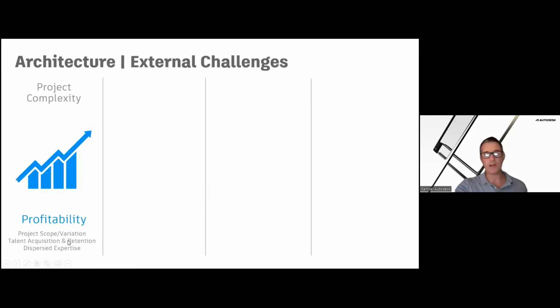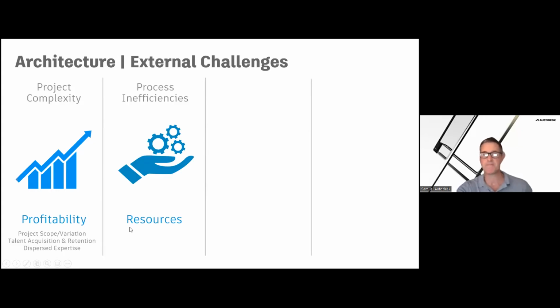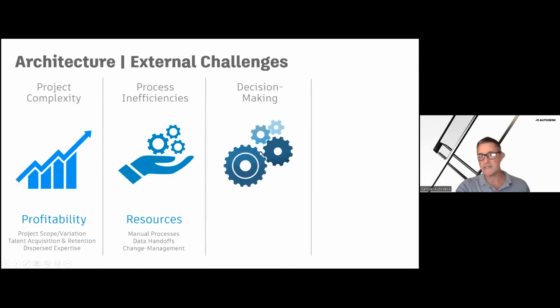So you really got to start to look at the scope, the variation, the team you're going to put on that project, and whether you're going to be working with other collaborators with expertise. There are inefficiencies with the resourcing on some of these projects. You'll have one team maybe working on SketchUp and AutoCAD, then another team having to rebuild things in Revit. Things aren't connected, things don't talk to each other, certain teams can't fulfill certain responsibilities on the project.